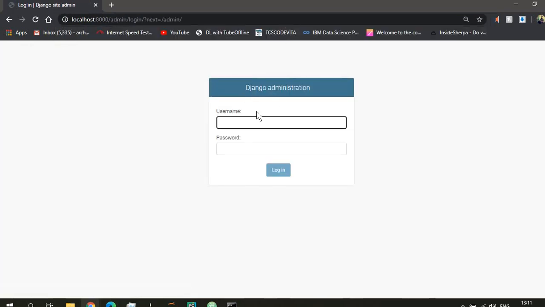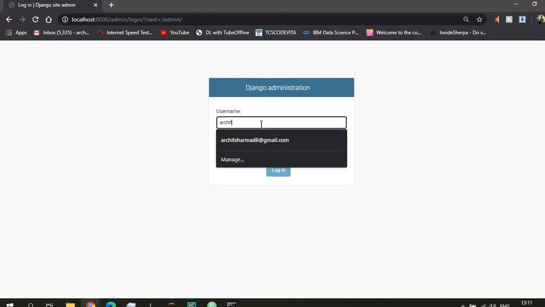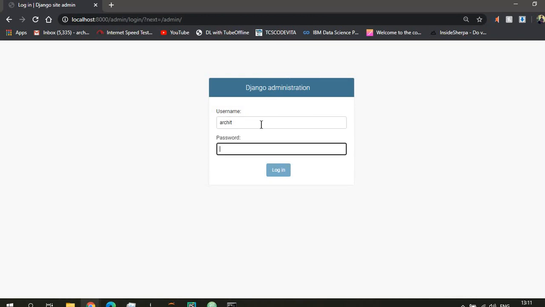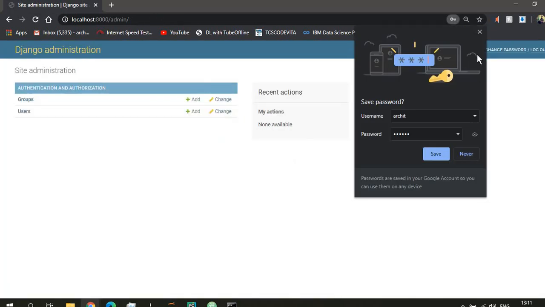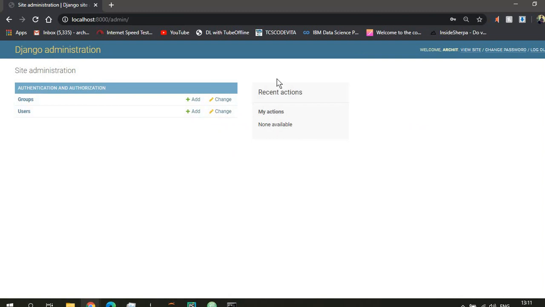Here you can see I have an admin interface in front of me. This is inbuilt inside Django. When I go through this, here I'm now inside the Django administration. I have the option to change and add groups, users. I can even see the actions being done on the site and off the site. This provides a sense of superuser inside the whole database structure.